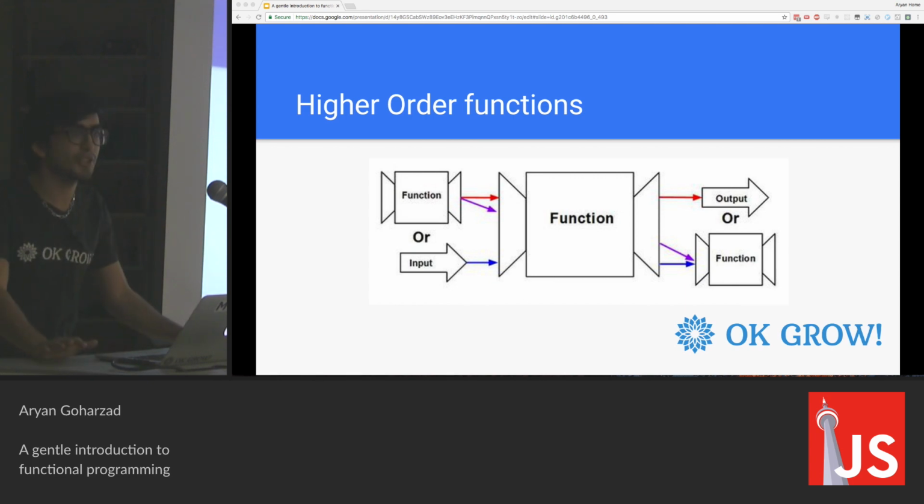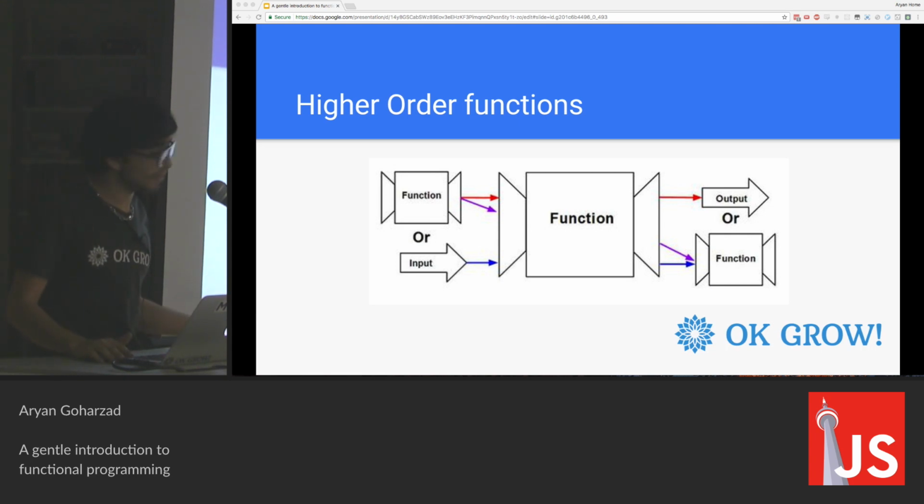So we've been talking about passing functions and returning them, which leads us to the last concept that we're going to talk about today, which is higher order functions. A higher order function is a function that either takes a function as an input or returns a function. So our Fibonacci example, the declarative one, was a higher order function because it returns a function. Also, our modulo function was a higher order function.